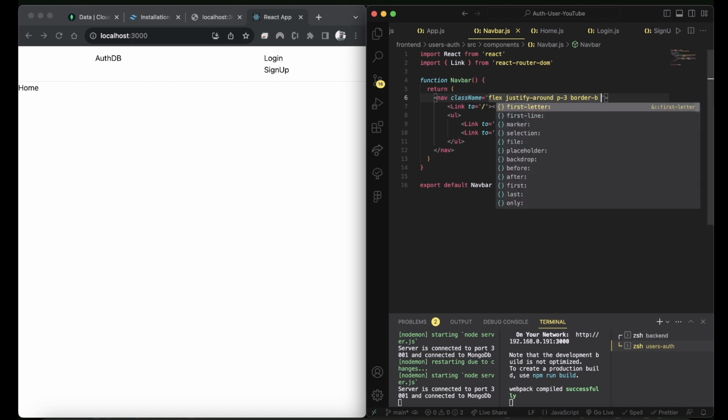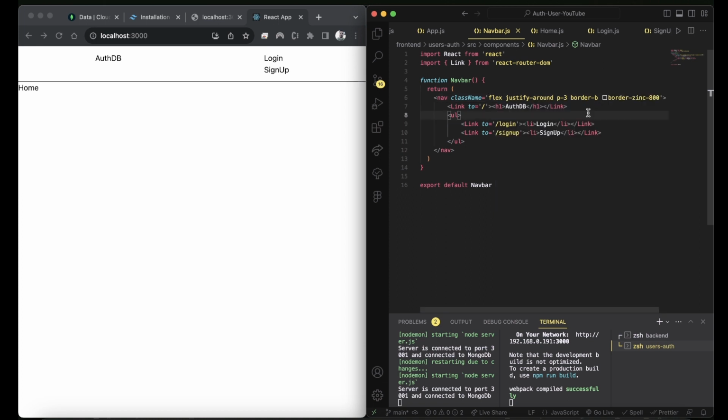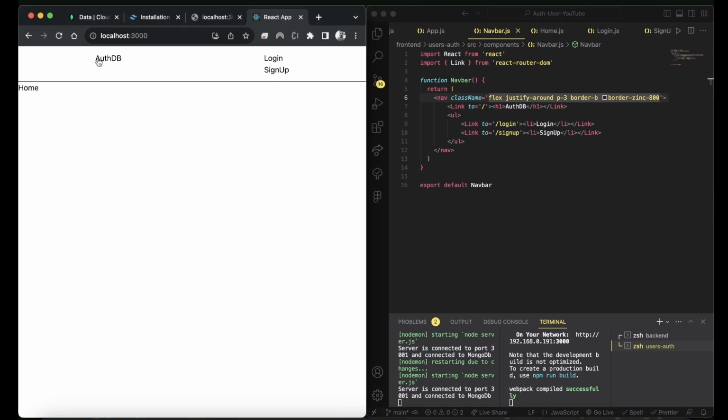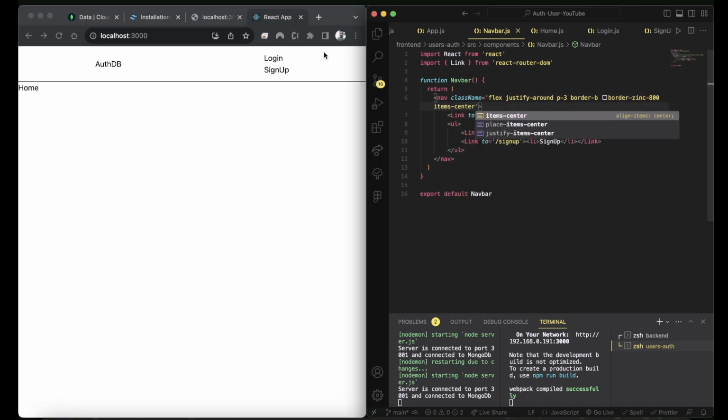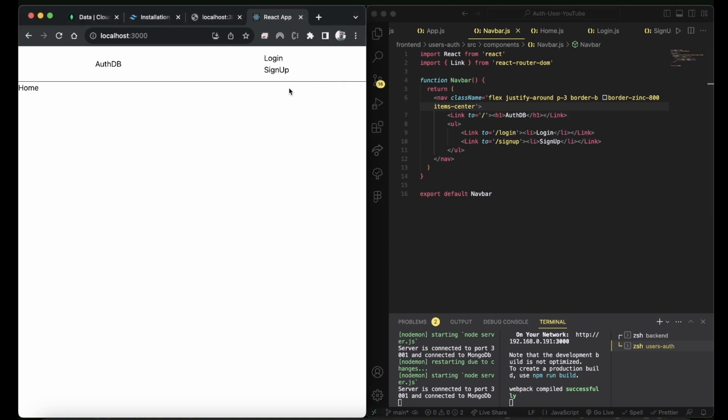And we want the color to be our new favorite color, which is Zinc 800 here. And then after that, since we're going to make the logo a little bigger, you want this to be aligned with the middle of the logo. So we can say items center,